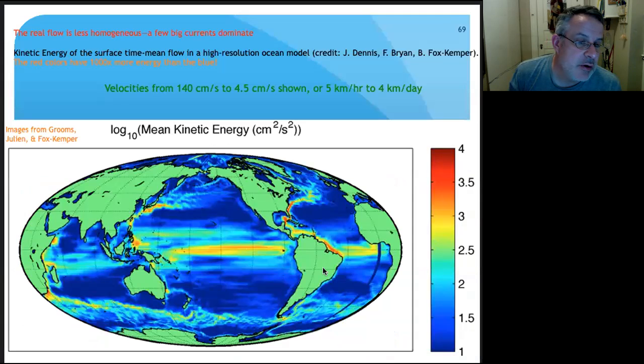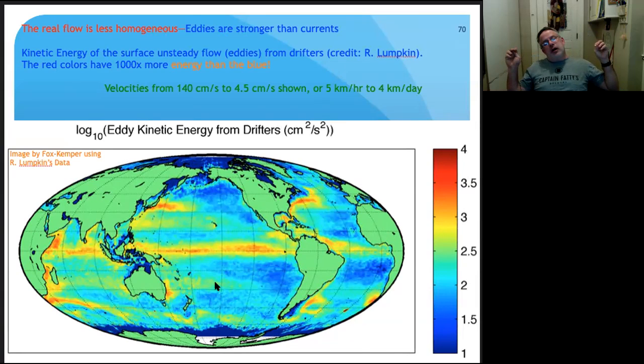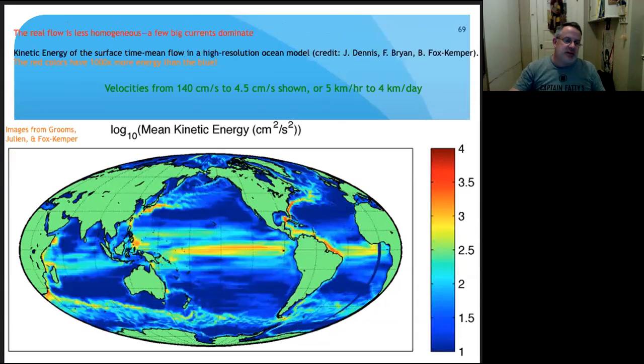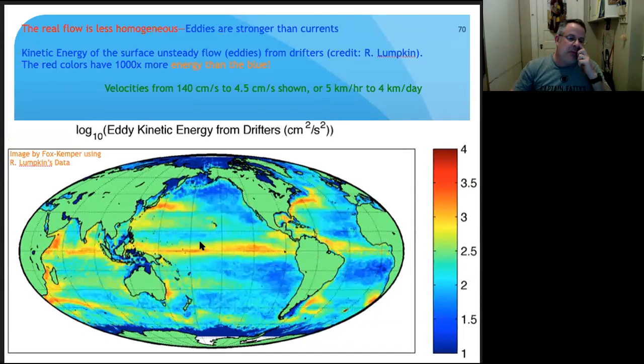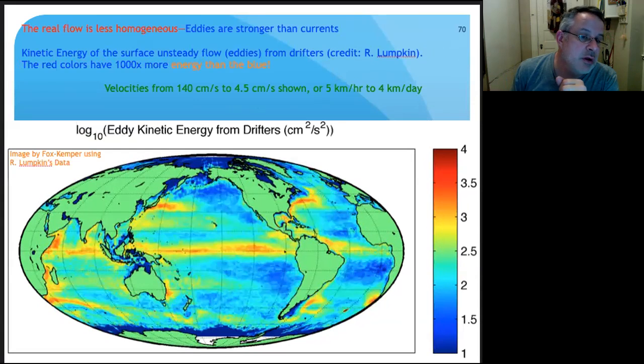So it's not only this steady circulation that we're thinking about when we're thinking about the kinetic energy of the Earth. There's also a superimposed kinetic energy from waves and eddies that really changes the pattern of kinetic energy from something like this to something like this. And in most parts of the world, this time-varying energy is actually greatly in excess of the Sverdrup transport that we've been talking about. So when you go out and measure drifters, you're getting an order of magnitude or more greater kinetic energy when you include the eddy part.